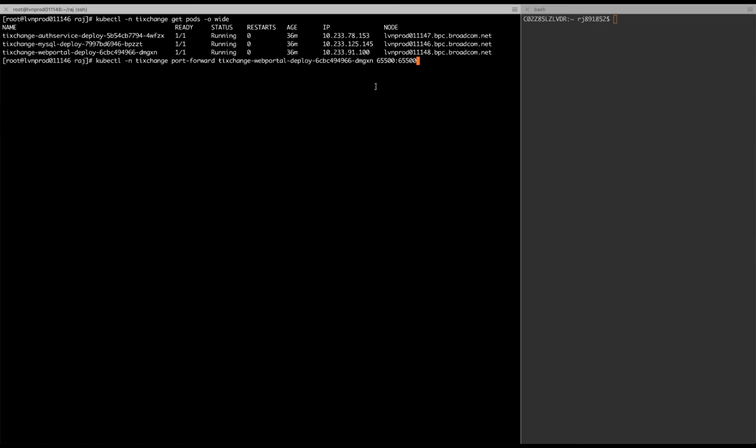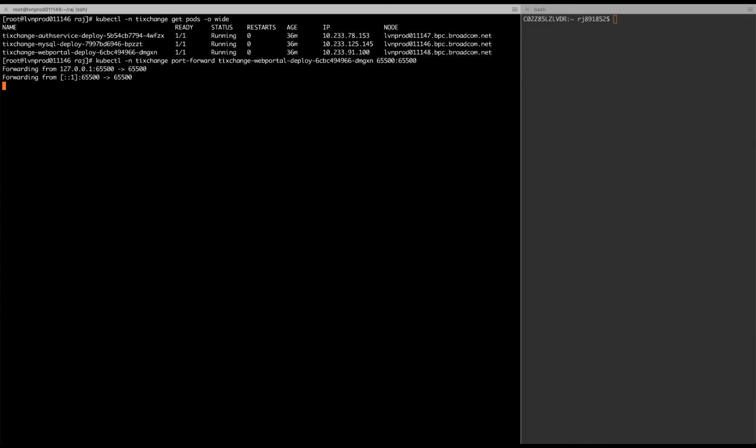I am just choosing to have the same port numbers for local as well as pod port, but you can choose a different local port and that should also work. Okay, so port forwarding is now set up.